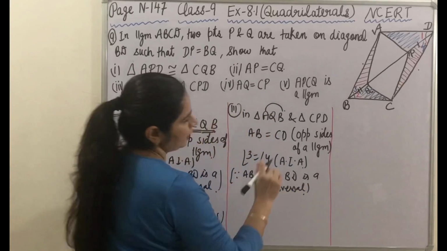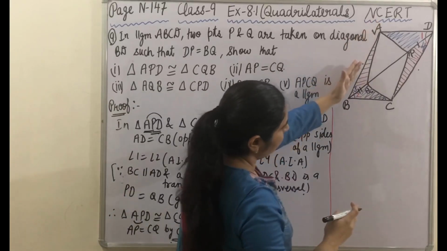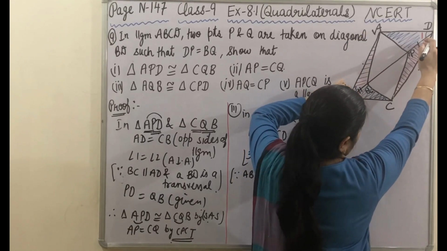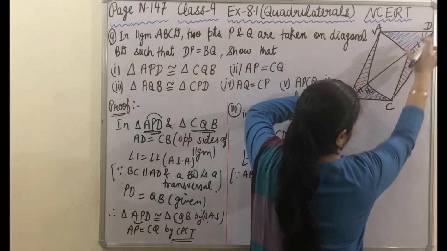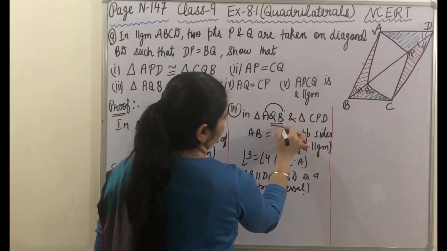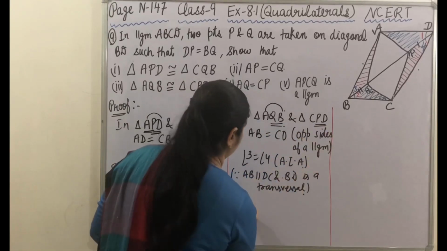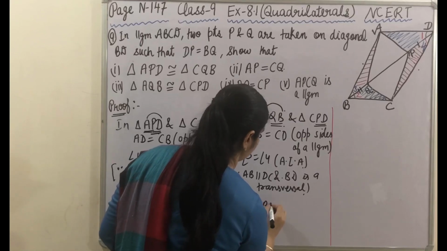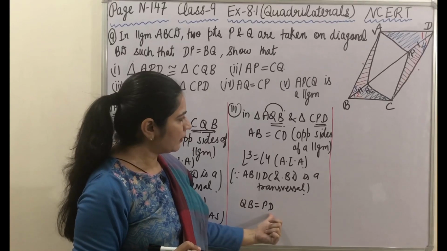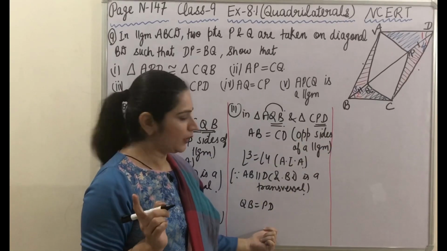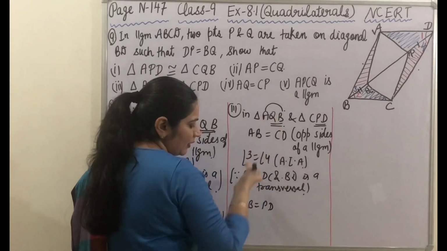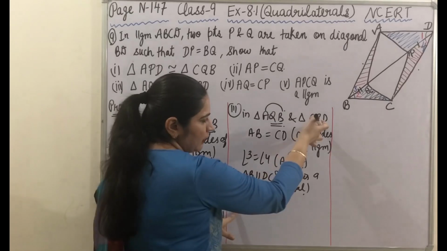And the third element is this. First element, side, we have taken these two sides, this angle we have taken, and the third element is the given side, given is BQ is equal to PD. In this triangle it is QB and here we will take PD. We will write QB is equal to PD. If I write PD over here and QB in the second triangle, then it would be wrong. Be careful while taking the parts. QB is lying in the first triangle and PD is lying in the second triangle.